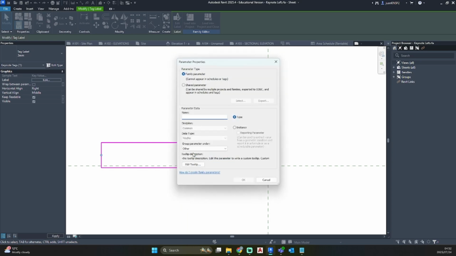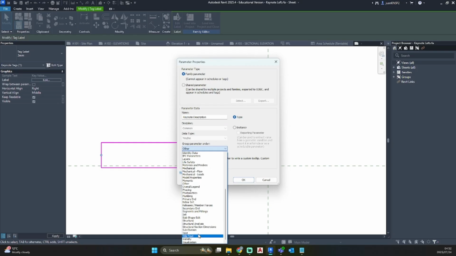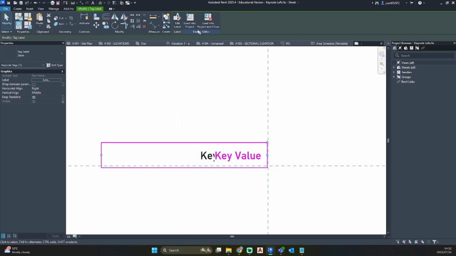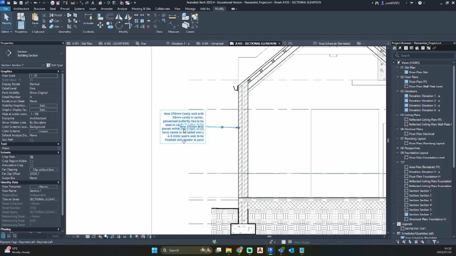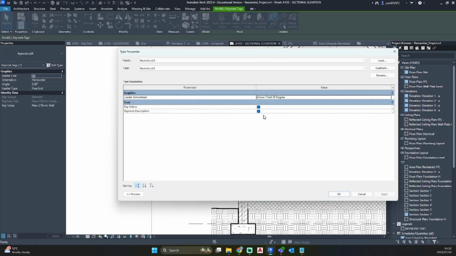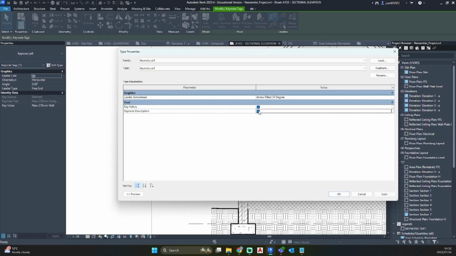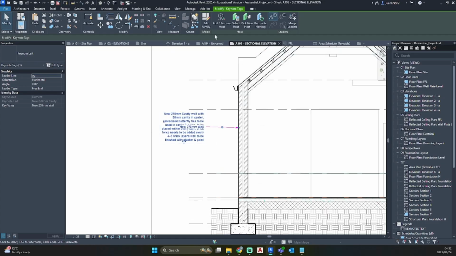Create another one, keynote description, text. Okay, let's see if that had worked. And then you can unclick. He was supposed to be hiding.